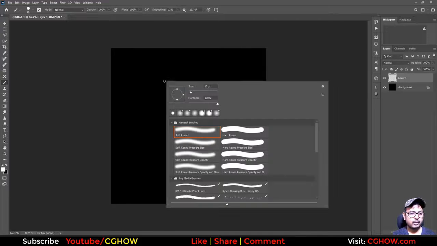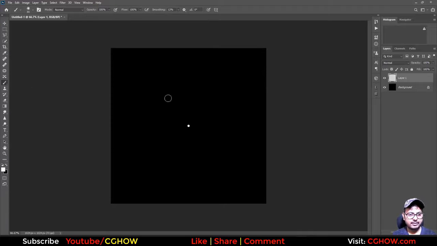So now what I'll do, I'll just take a texture pencil and just make some like this type of bigger dots, then some smaller dots,